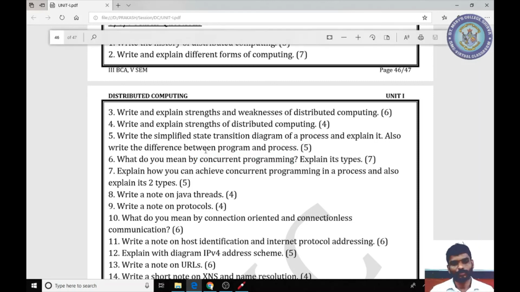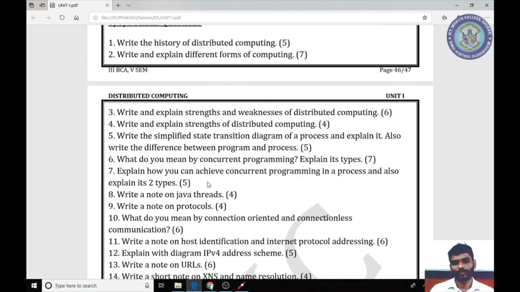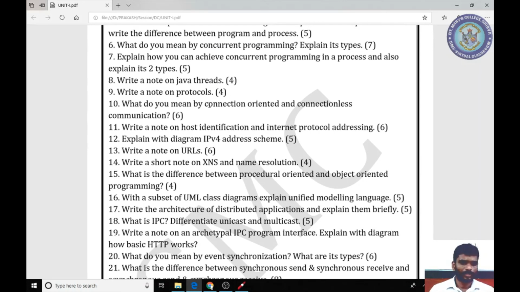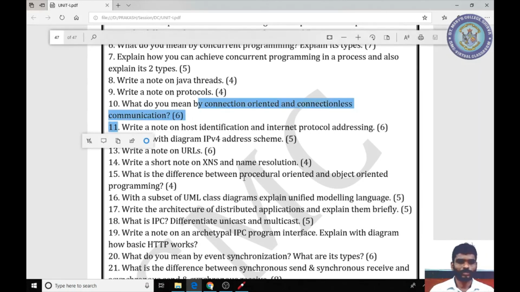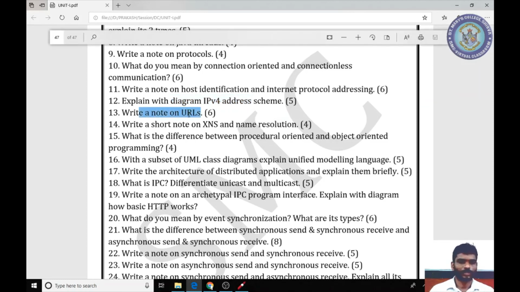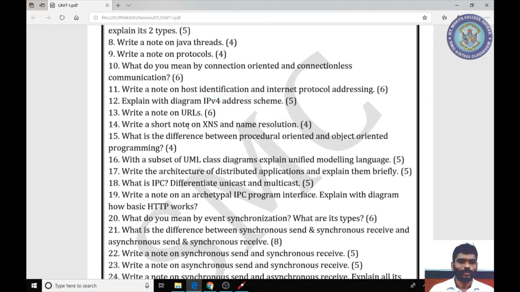That can be achieved by parent and child processes and threads. Then the difference between connection-oriented and connectionless communication. Then the IPv4 addressing scheme that we studied, the general format of a URL. Then the XNS.